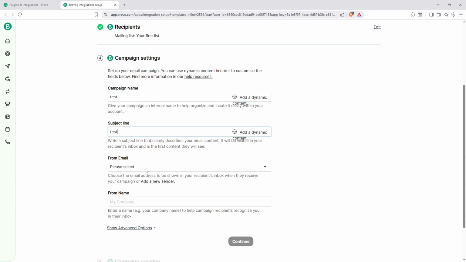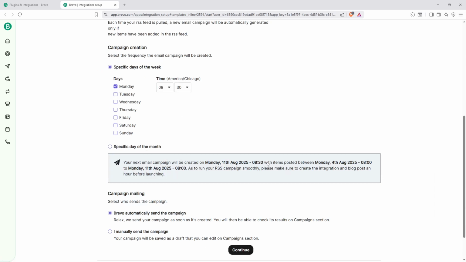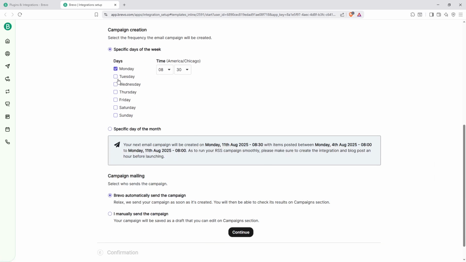Now configure your email campaign. Brevo allows you to use dynamic content, enabling you to customize fields according to your preference. This can give your emails a more personal touch, enhancing engagement with your audience. The next step involves selecting the frequency at which your email campaign will be sent. Decide how often you want your subscribers to receive updates, whether it be daily, weekly, or another schedule that fits